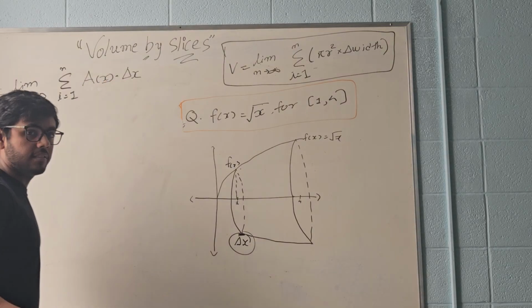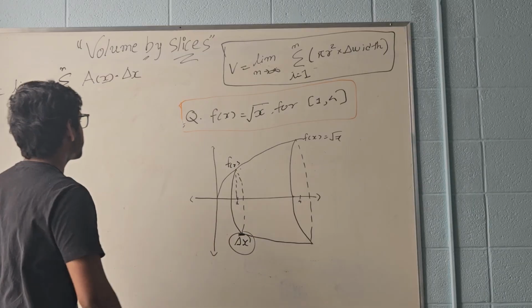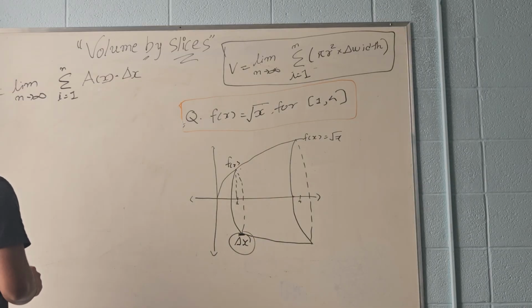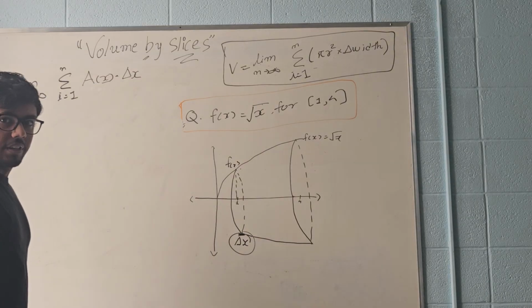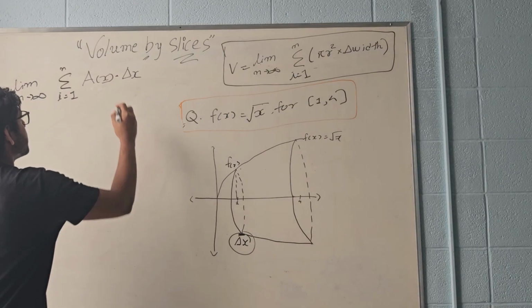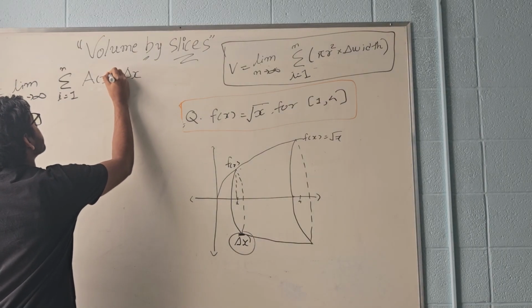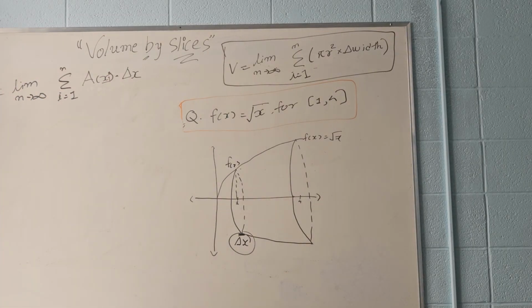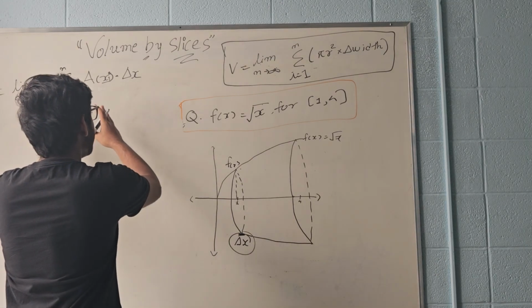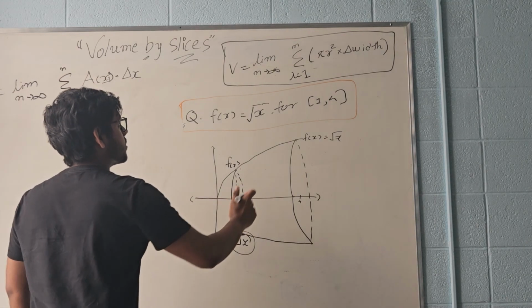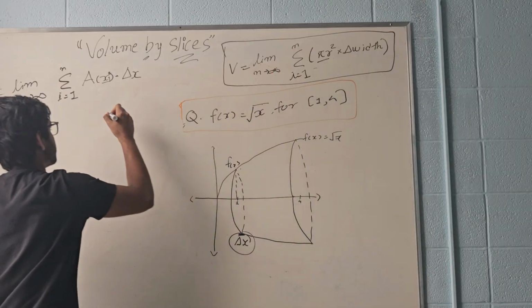So our variable is going to be x, right? But it's not going to be A of x as well. What is it going to be? It's going to be A of xi star. Why is this? Because even our A is not fixed. Here we took pi r squared as the area